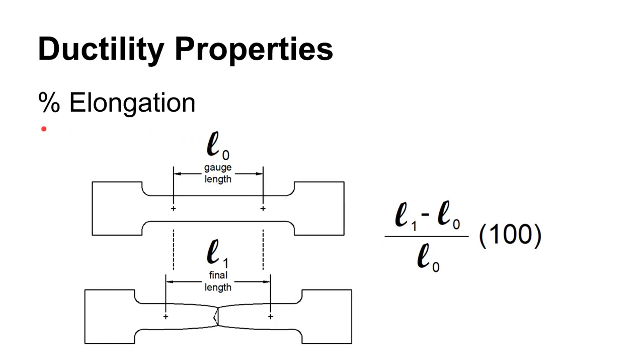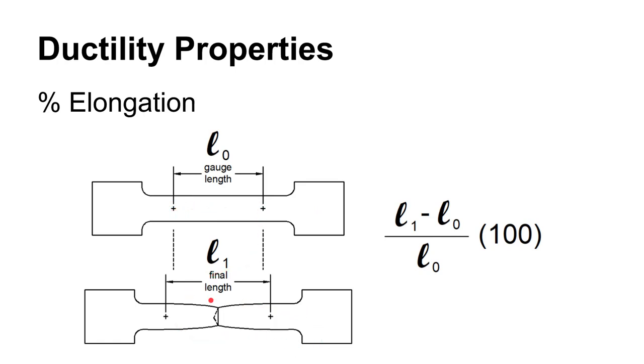The first one is to find the percent elongation. So when we do a tensile test, we start by putting 2 marks on that specimen, and those marks are separated by a length that is the gauge length. So they are like 2.00 inches apart. We actually physically mark those on the specimen, and then this is generally where we'll attach our extensometer as we do the tensile test, and we pull this thing apart.